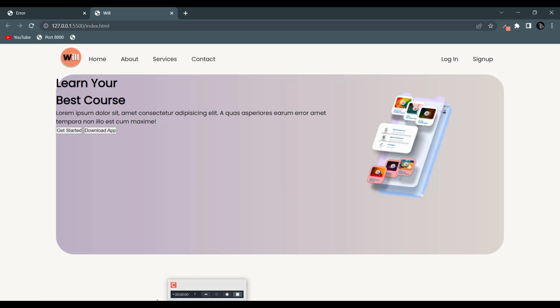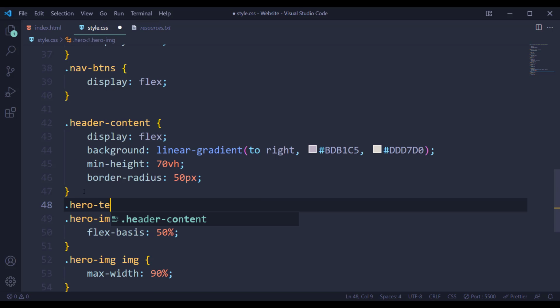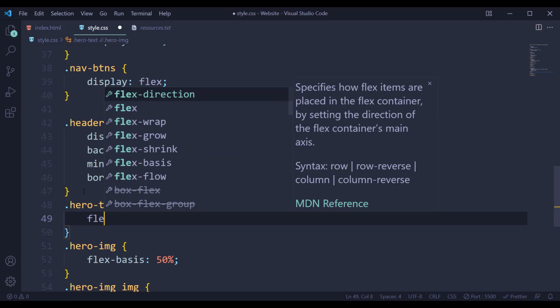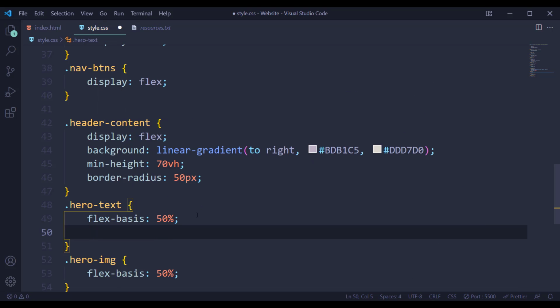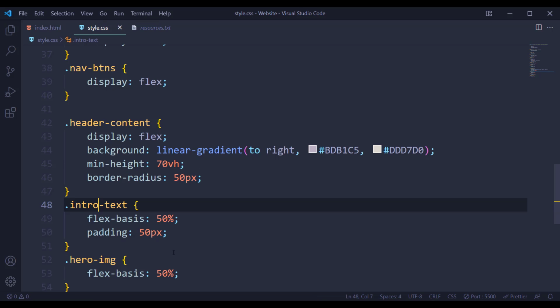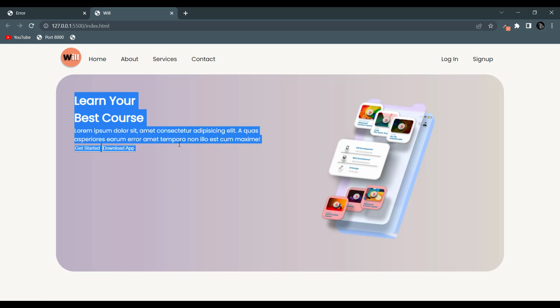And similarly for hero text, add flex basis 50% and a padding of 50 pixel. This is for the intro text, and as you can see these are at the top of the screen